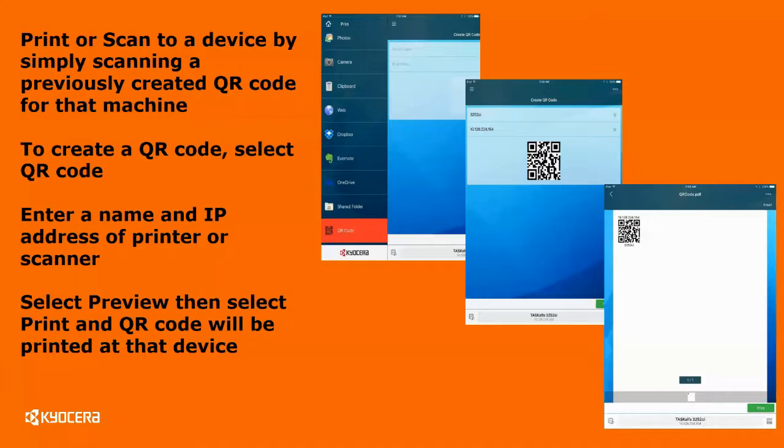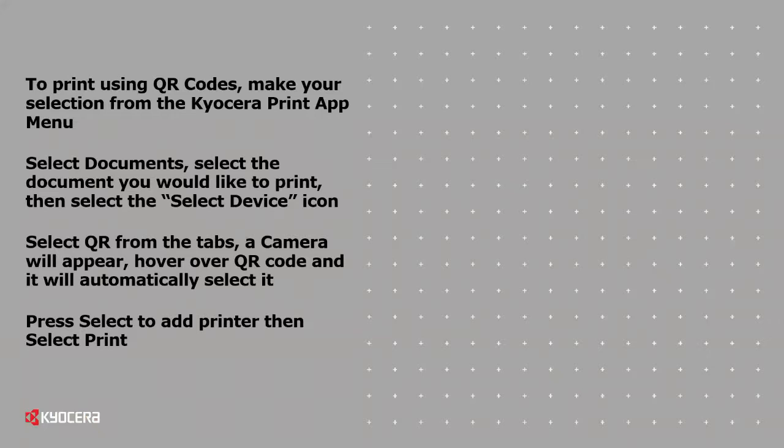We recommend that this printout be left at the printer, somewhere in plain sight. Some people will tape it to the printer, some people tape it to the wall. As long as it's there in plain sight at the printer, easy to get to. To print using QR codes,